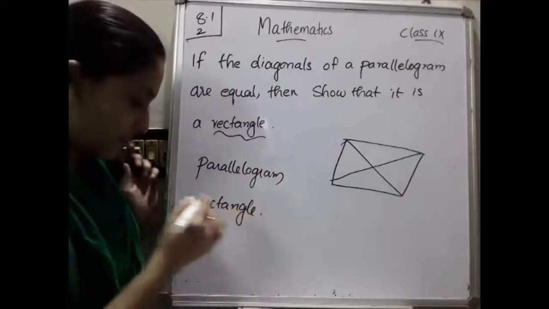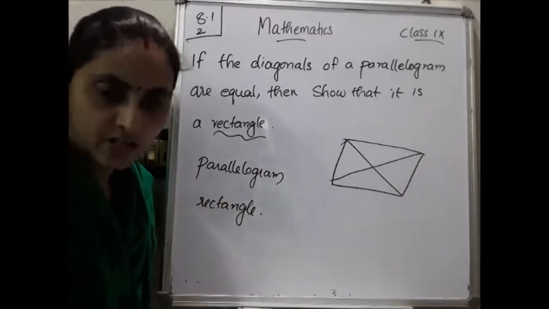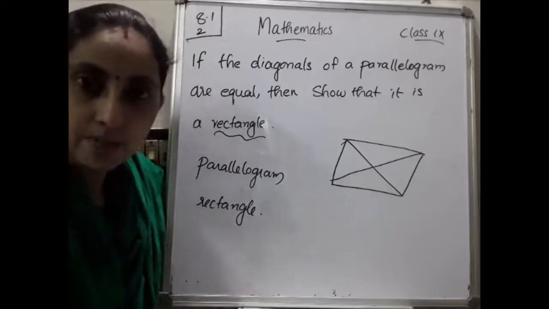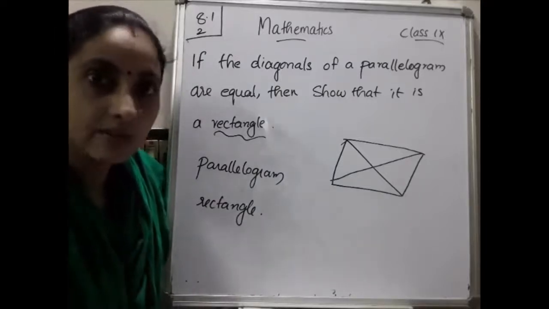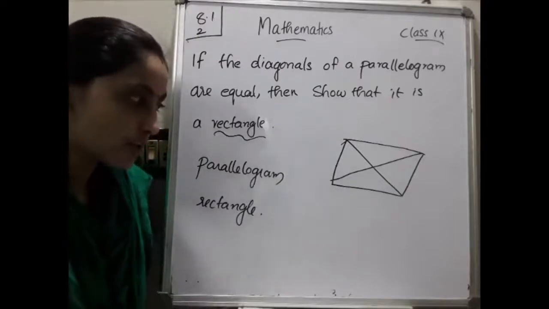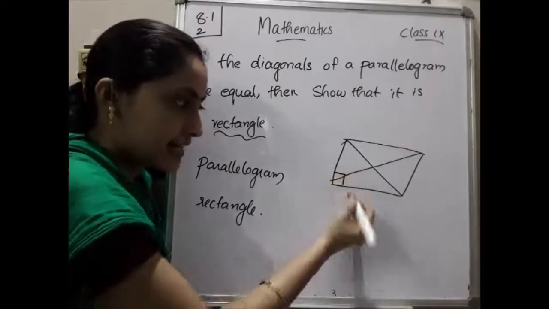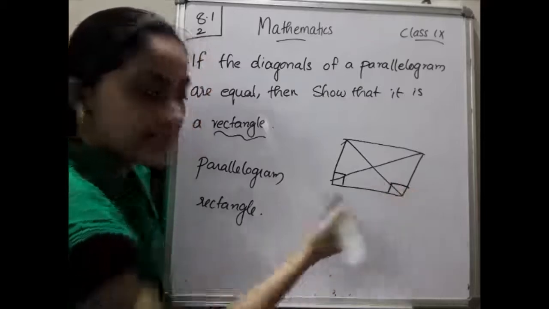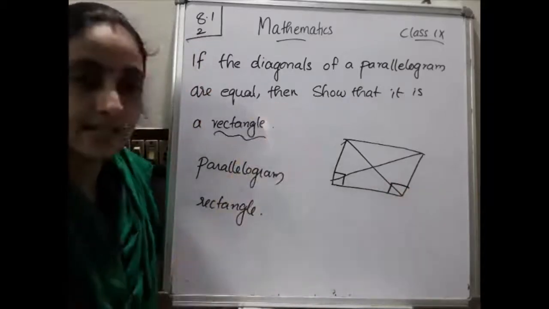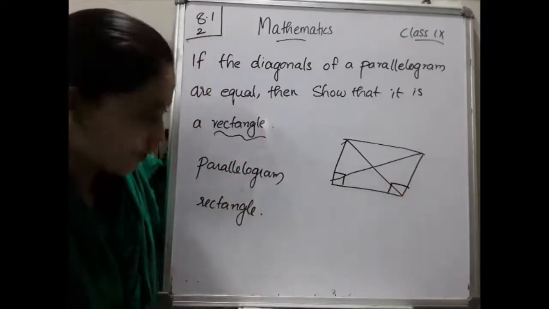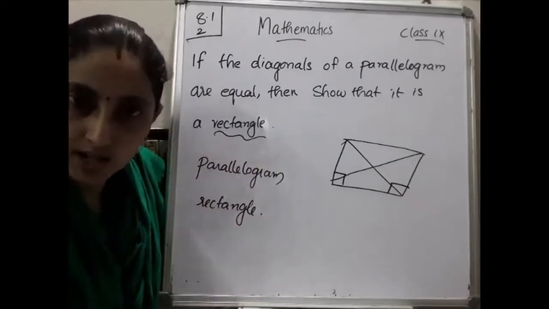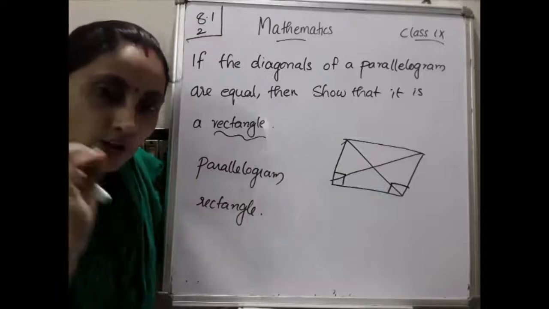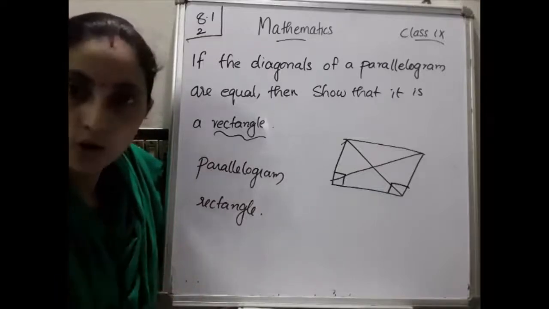Okay. So listen here please. What is the definition of a rectangle? A rectangle is a parallelogram in which each angle is 90 degrees. That we already discussed, is it? So we want to prove that this angle is 90 degrees and this angle is 90 degrees, and all the angles are equal to 90 degrees. For that purpose, we have to consider two triangles. Okay, and we want to prove they are congruent.